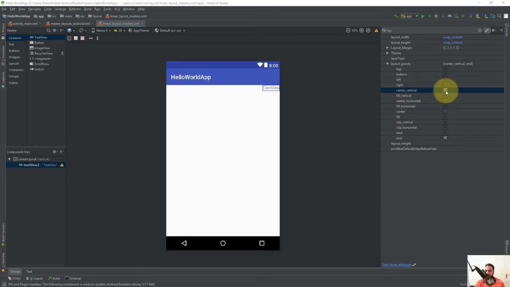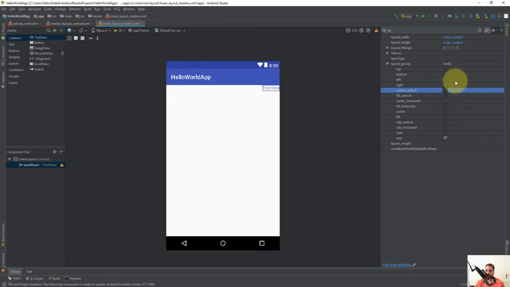So if you check this center vertical attribute here, it's not going to put the text view at the center vertical of this linear layout vertical, because its orientation is vertical, and we can only change the position of this text view in a horizontal axis. So let me uncheck this